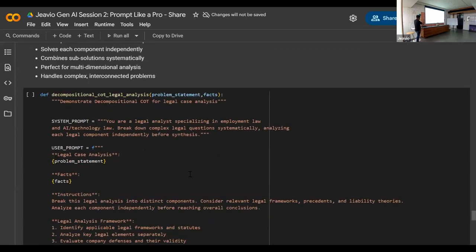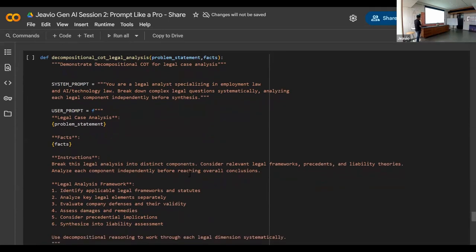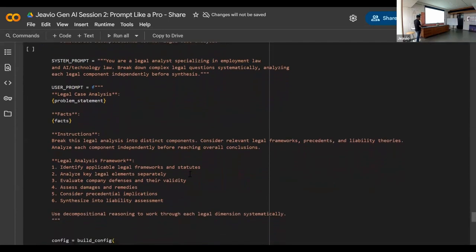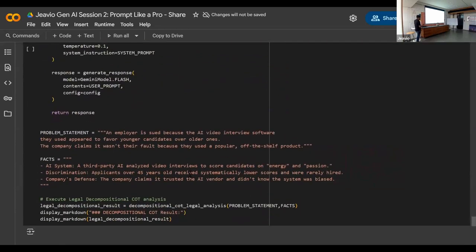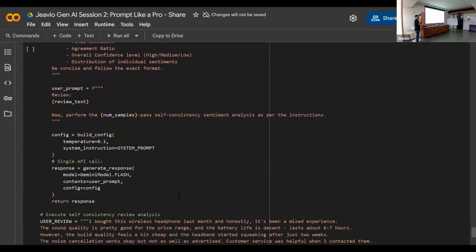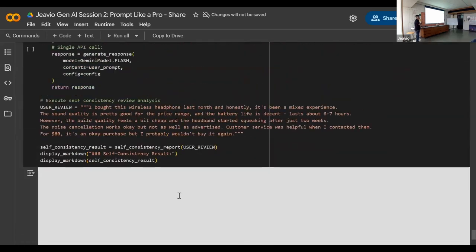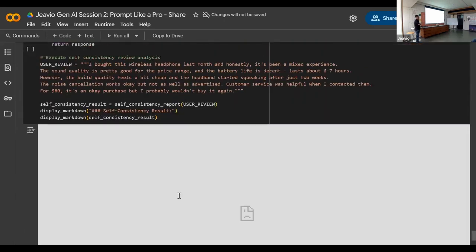As you can see, it generated multiple analysis steps and picked the highest one. There are multiple different answers for sentiment. It picked the highest one and got the answer as negative, based on the ratio it also provided, 2 out of 3 being negative, overall confidence, and other details. So we ask the LLM to reason on multiple steps, choose the most probable, most repetitive answer, and then provide it.